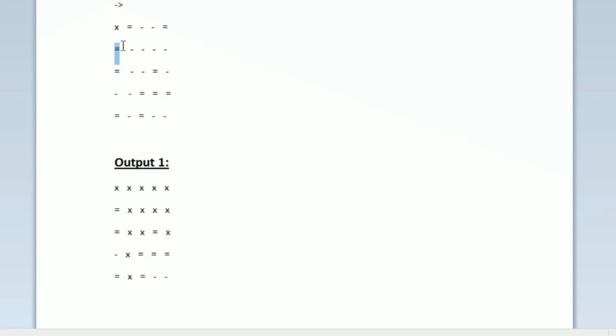So the iron ball can break a concrete slab only if it is the first slab in that particular column. For all the remaining slabs it follows the rule. If it is glass then it will break. If it is concrete then it won't break. So this is the rule. Now let us move to the second column of the matrix.